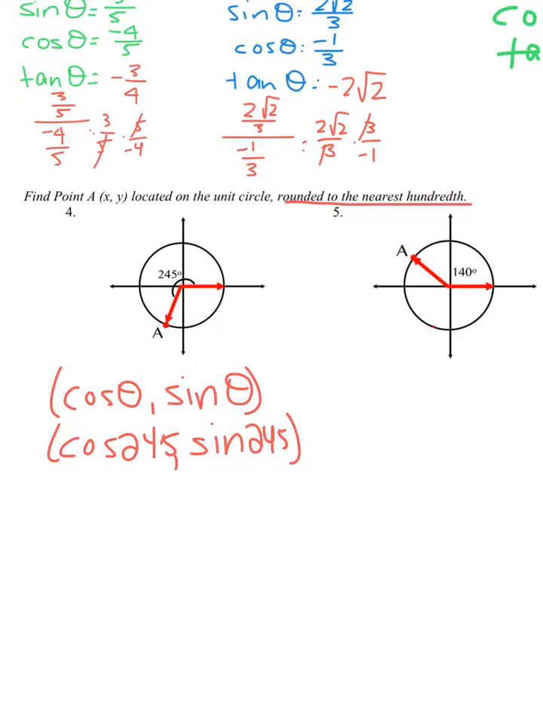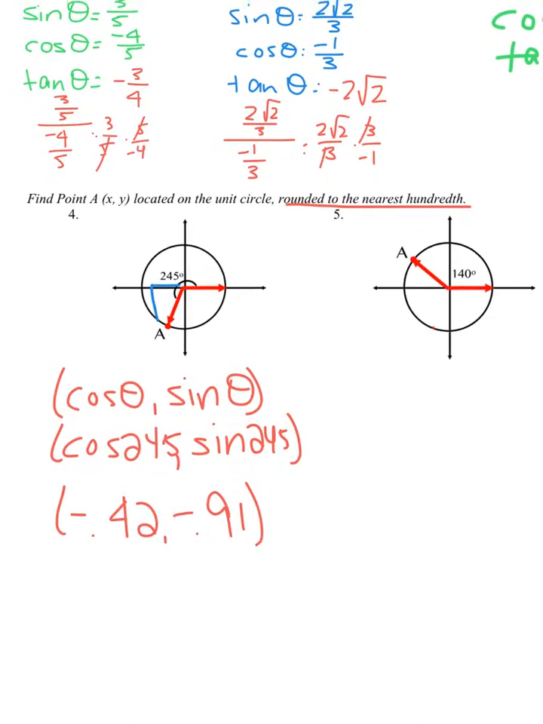So for number 4, in your calculator, the cosine of 245 degrees, rounded to the nearest hundredth, is negative 0.42, comma, the sine is negative 0.91. Okay, I know that both of these have to be negative because I have negative x values, negative y values to get to point A. Okay,